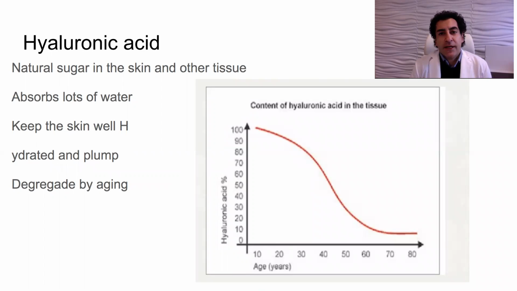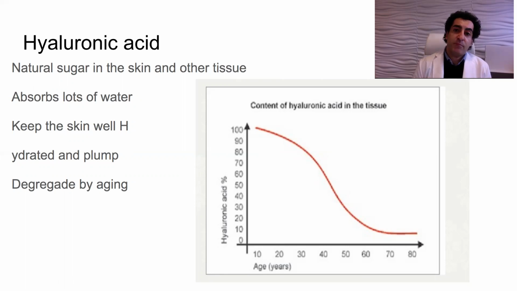But what is hyaluronic acid? Hyaluronic acid is a natural sugar. Everybody has hyaluronic acid in the body. And where is it the most? It's mostly in the skin, in the cartilage, in your joints, in your bone structure, but a lot of hyaluronic acid is in your skin. The action of hyaluronic acid in your skin is to keep it well hydrated, because hyaluronic acid can absorb a lot of water. So the skin is going to stay very nice and well hydrated.